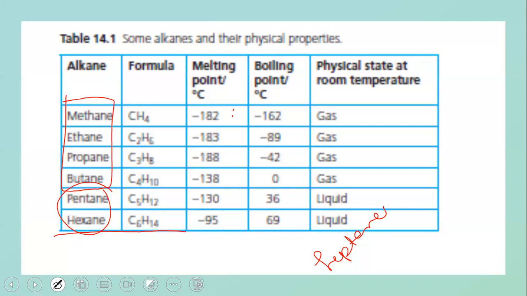Similarly, the melting point decreases. So it's following a trend. I can see that the melting point is decreasing. I can see that particular trend that is happening, right? I can see the melting point is going down. I can see that the boiling point is also